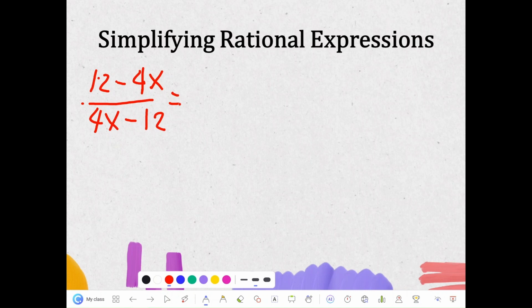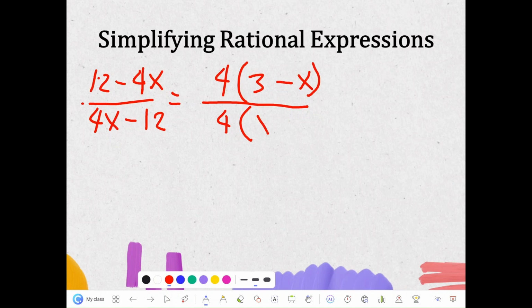Okay? So, we'll have here, ang common factor ng 12 tsaka negative 4x is 4. So you will have here 4, 12 divided by 4 is 3 minus x. At saka sa baba naman, common factor is also 4 times x minus 3. Dito, you can cancel out 4. Okay? At ang kasunod nitong gagawin mo dito ay kapag ito na lang natira, 3 minus x,